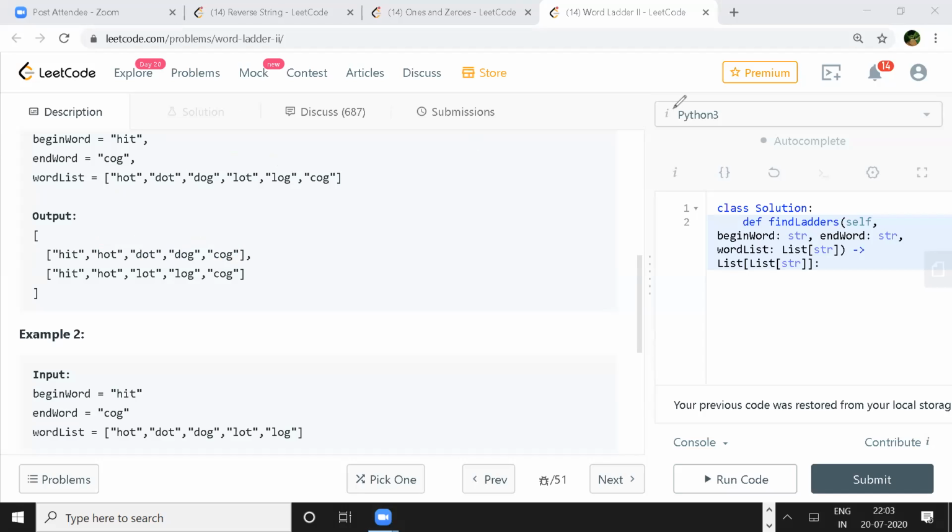Maybe can we just draw how you get from, for example, HIT to COG, so we can identify the path. Okay. Ronnie, you want to go ahead? You did the DFS approach, right? I mean, it's okay. Can you explain the way you said? Yeah, okay, I'll share the screen. Just give me a minute.